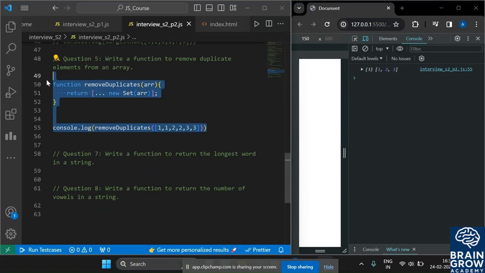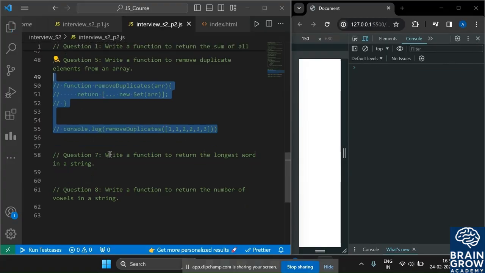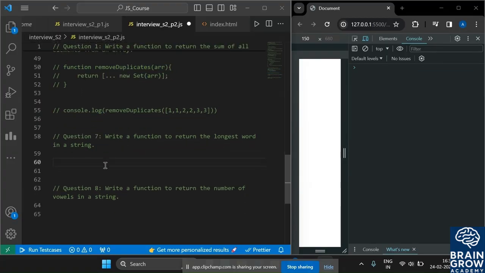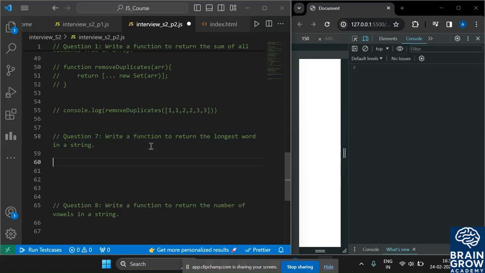The seventh question is frequently asked, and it is a good question. Write a function that finds the longest word in a string. So how do we find the longest word in a string? For that, let us make a function